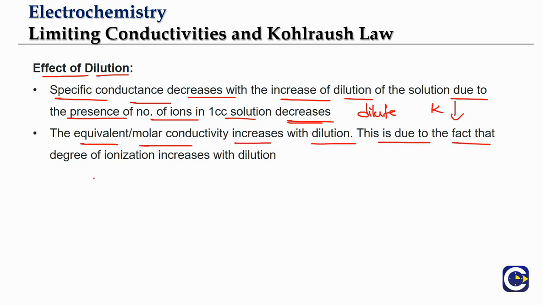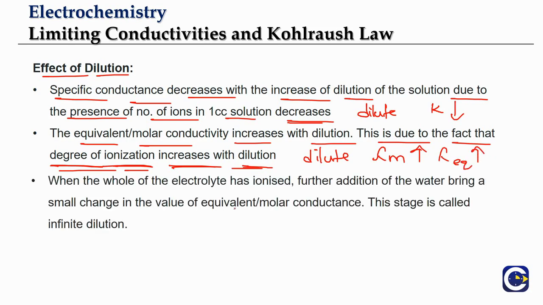This is due to the fact that the degree of ionization, this is a technical term that we can use, or we can say the fraction of dissociation or percentage dissociation, whatever we want to use, will increase with dilution. So what we see is with dilution both lambda m and lambda equivalent will increase, and when the whole of the electrolyte is ionized, say for example we are taking 1 mole,